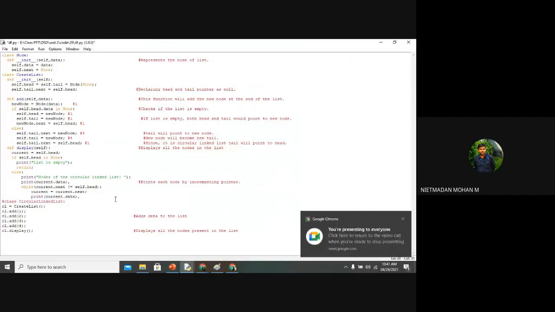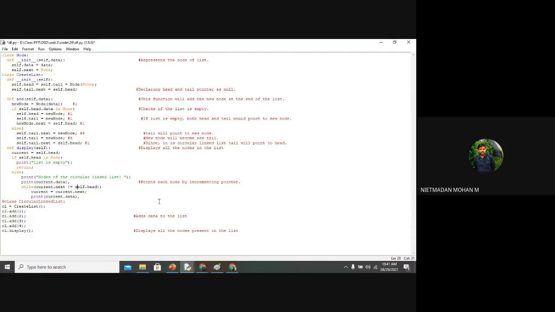So this is the thing. If you have any queries, you just unmute and ask. If you can't do that, you can give the text now.